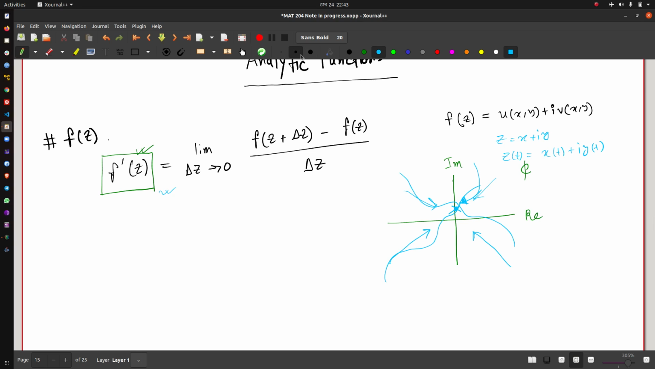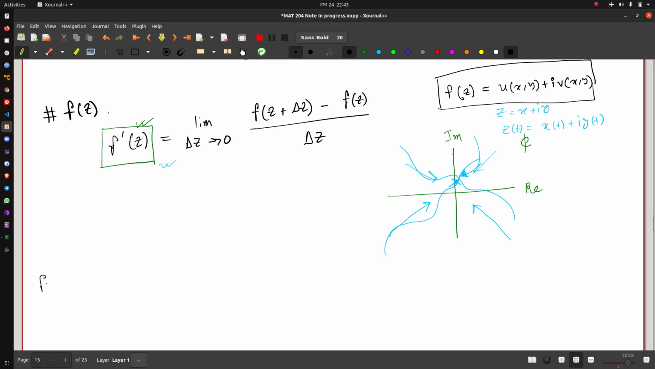Now we are using this idea. What we're going to do is first write f of z in terms of u and v. So let's write f prime of z as the limit as del x goes to 0, del y goes to 0. I'll explain why I'm writing it this way. And here you will have